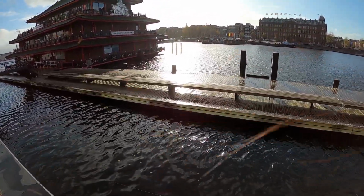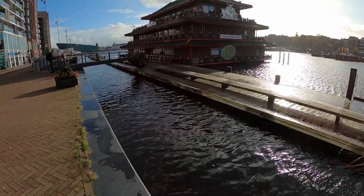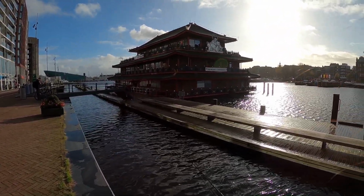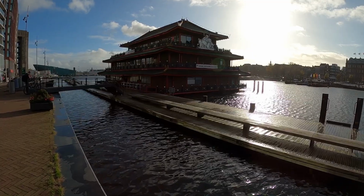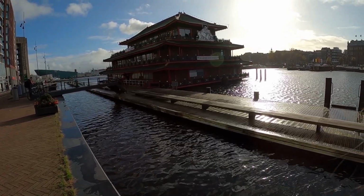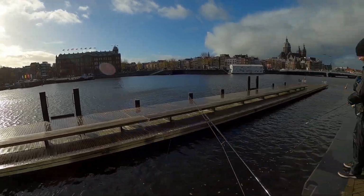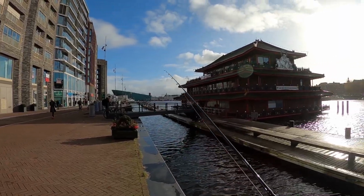So this is what we've been doing. We've been just fishing, riding our bikes, exploring Amsterdam. It's pretty cool because you go to places that you don't usually go to. When you go fishing, you try to find these little spots, and when you go bike riding, you explore, you get to go further out. We got the e-bikes, so we can go further out for sure. We've taken rides out to Diemen, and we've been to Rembrandtpark, past that way, past Sloterdijk, further west out that way,